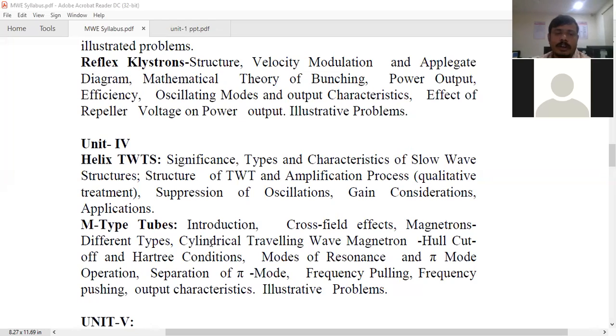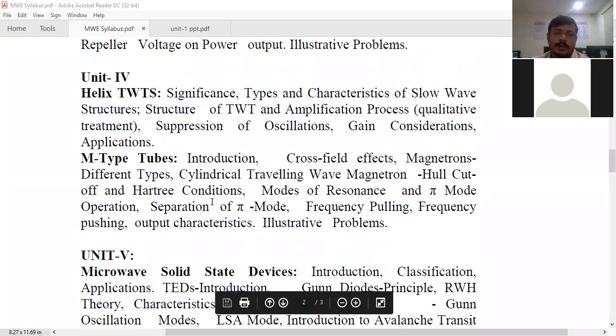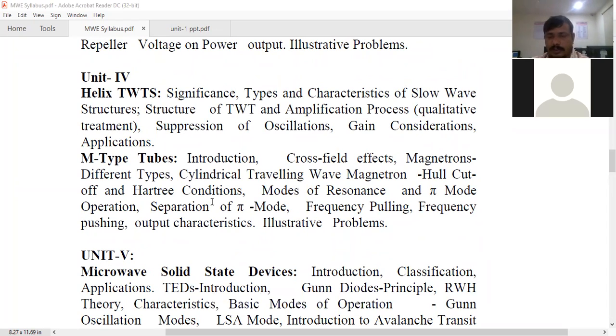So you can use another tube, that is the traveling wave tube. In these klystrons and traveling wave tubes, we are using the velocity modulation concept. This comes under the O-type tubes, the linear tubes you can say. Another type of microwave source is the M-type tube, where you can use magnetrons. We can see in our day-to-day life, in our microwave ovens, they are using the magnetron as a microwave source.